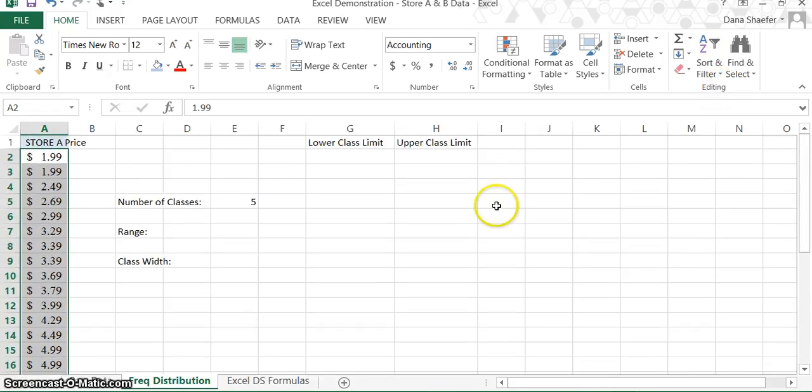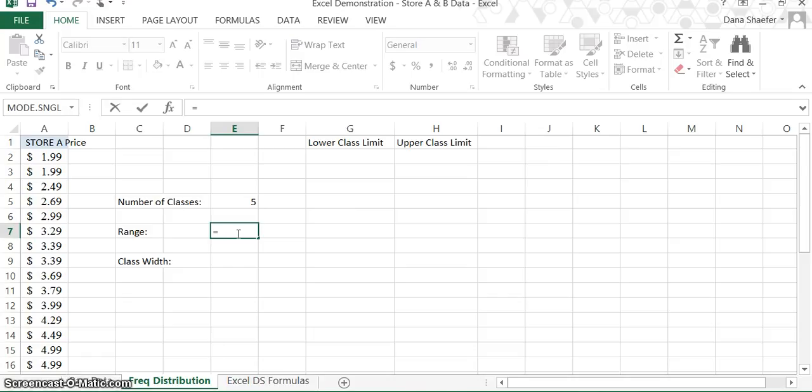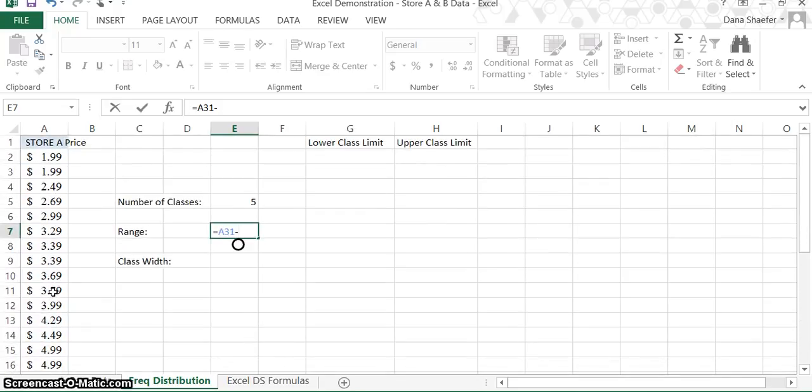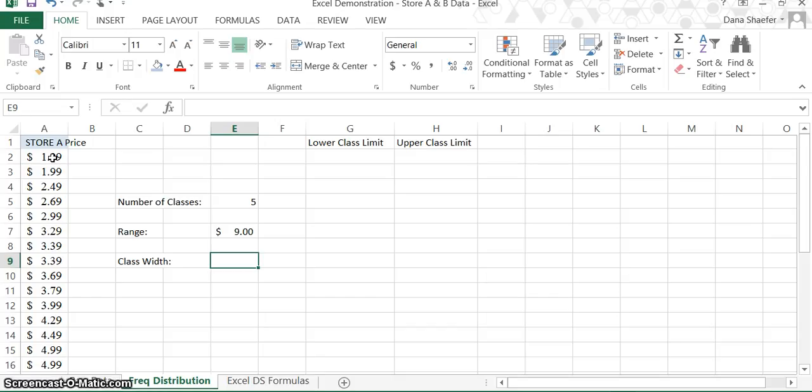And then for my range, I'll come here and I'll say equal, and I'll go all the way down to the max, and then I'll subtract the minimum, the $1.99. Then the class width is the range divided by the number of classes. So the class width now is going to be this number,